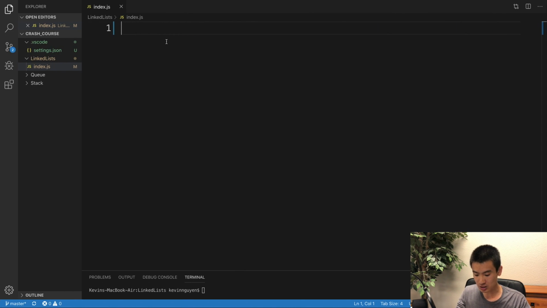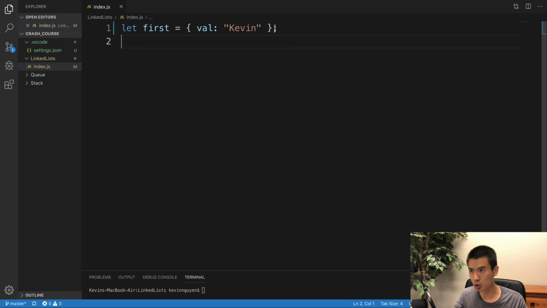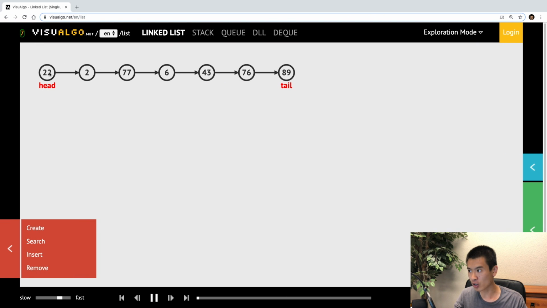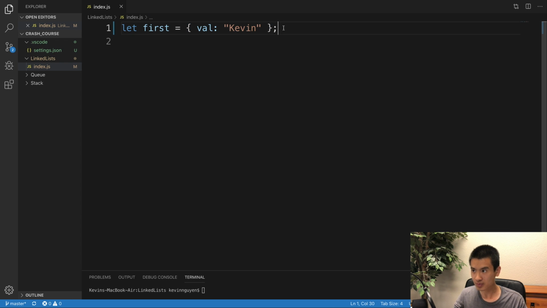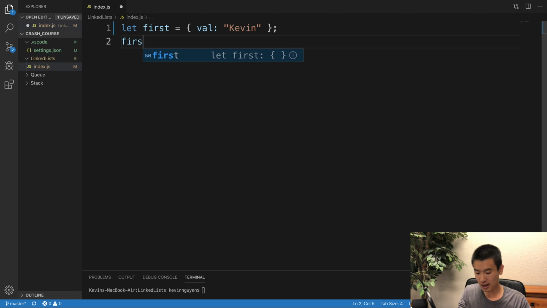So we can create a very quick rudimentary linked list in our code, which is exactly what I'll do. So I'll say let first be equal to an object with a val property of Kevin. In this example, I'm going to represent each node in my linked list as a JavaScript object, right? And each node has to have a value property and a next property. I would just call it val. And now I'll say first.next will be equal to a node where the value is a string of is,